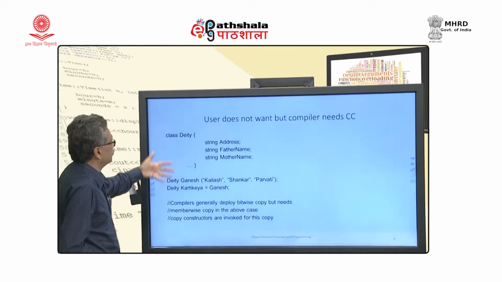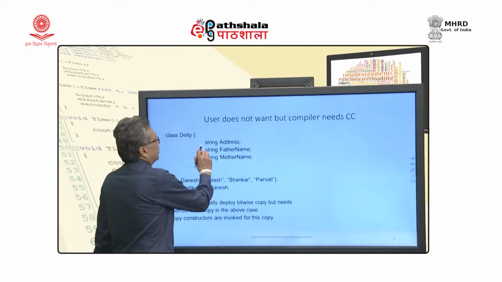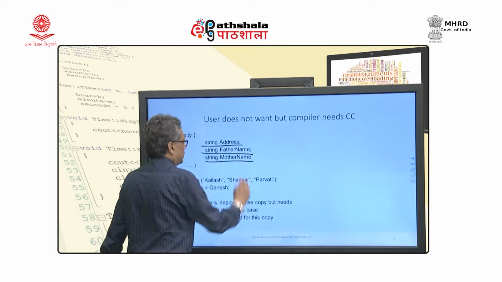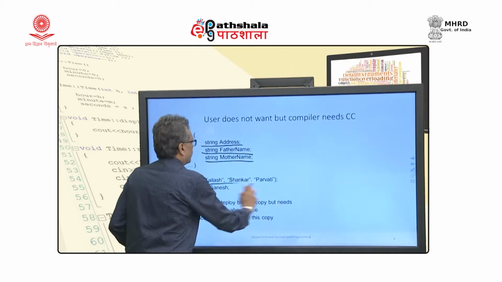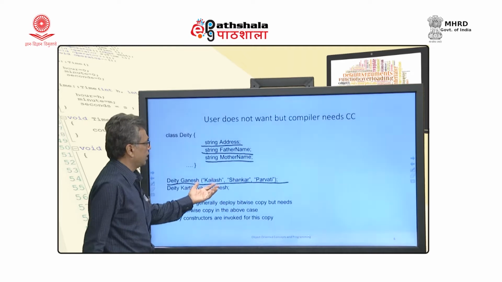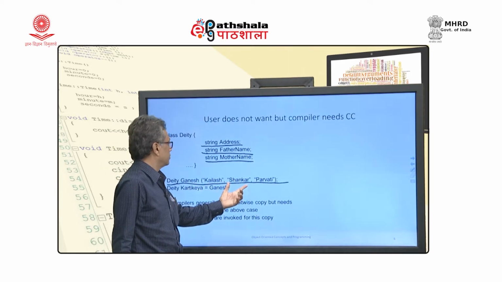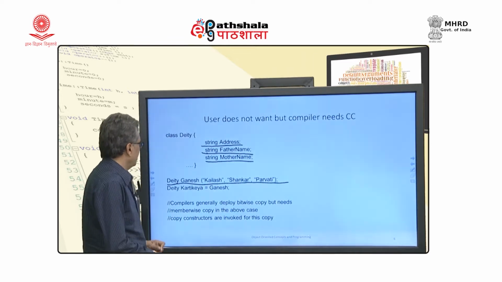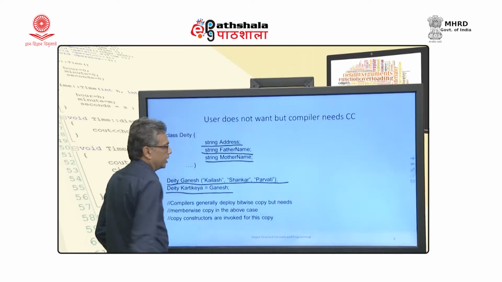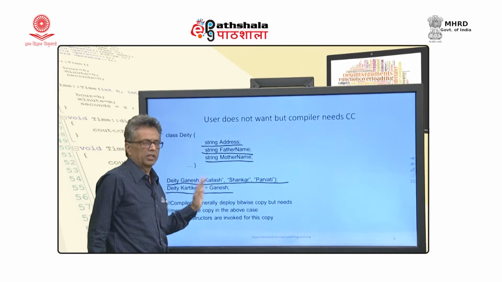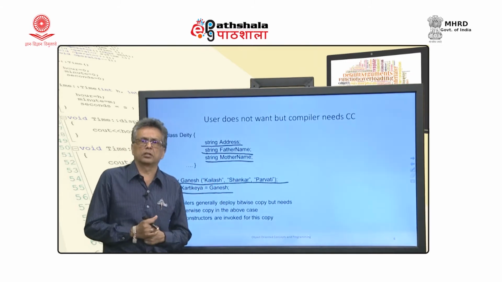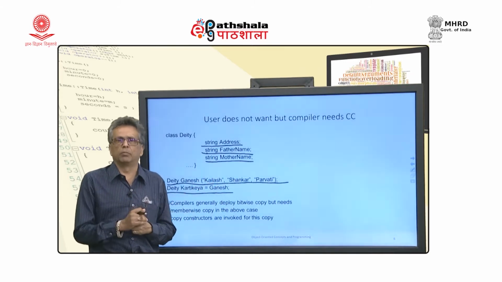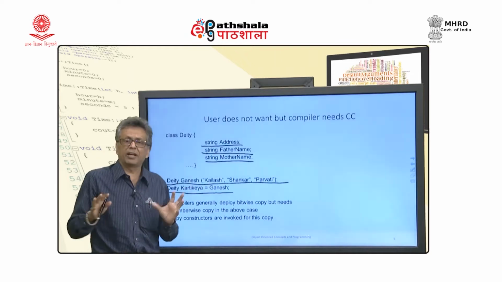For example, if you define a class deity, where there are 3 string objects, and you have Ganesha as Kailash, Shankar and Parvati, this is the address, father and mother name. And now, when I say deity Karthikeya equal to Ganesh, it invokes the copy constructor. Now, you can't just have bitwise copy semantics, because all 3 of them have their own constructor.